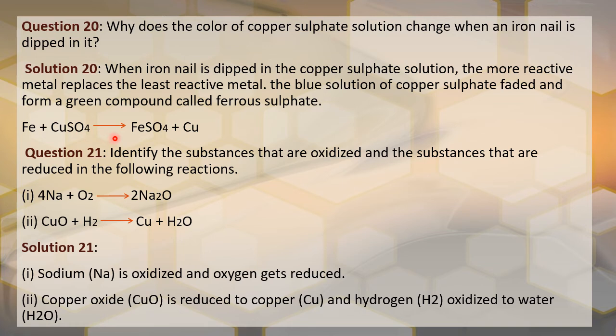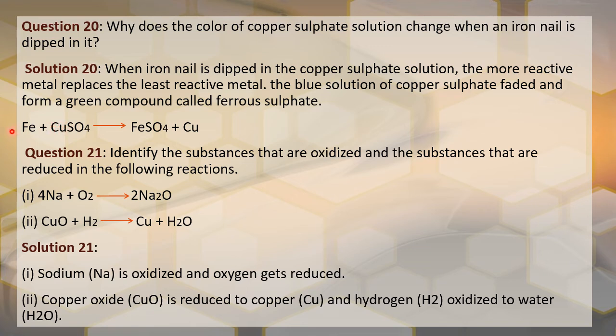The color of copper sulfate diminishes. It is due to the reaction between copper sulfate and the iron. Iron goes and displaces copper, making it iron sulfate. Because its color is light green, therefore there is a change in the color from blue to light green. At the same time, from blackish brown of iron to the reddish brown of copper.